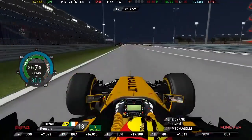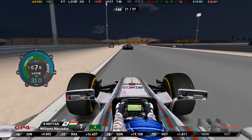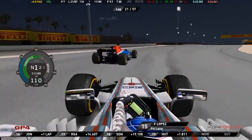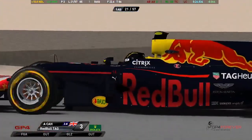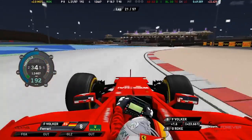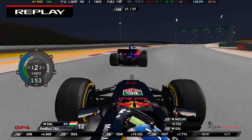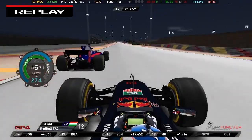And Volker's come out just ahead of Roke. I think that was in P9. No, P8 isn't it? Yes, well, Volker in P8, Roke in P9. Moitian trying to get past Pascali, who went a little bit wide there. I think he's struggling with the tyres. Car at the moment is 10.8 seconds off Will Nella, his second position, but I think he's going to be on the 2-stop compared to the two drivers in front of him on the 1-stop,